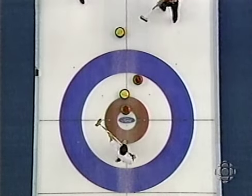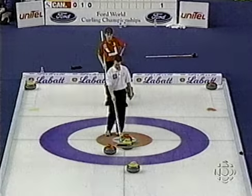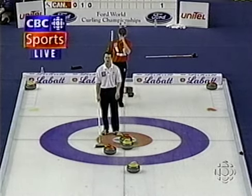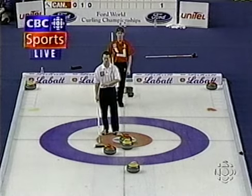And you can see already we have 3 rocks in the general area, 2 in the 4 foot, 1 in the 8 foot. And it makes scoring 2 so much more difficult when all the rocks are congregated in such a confined space